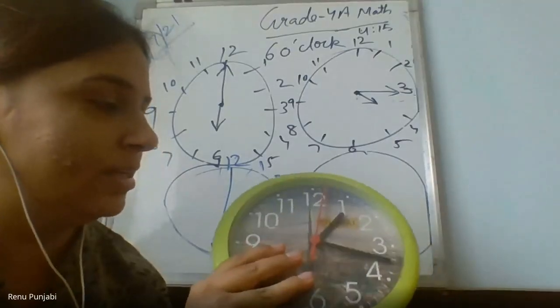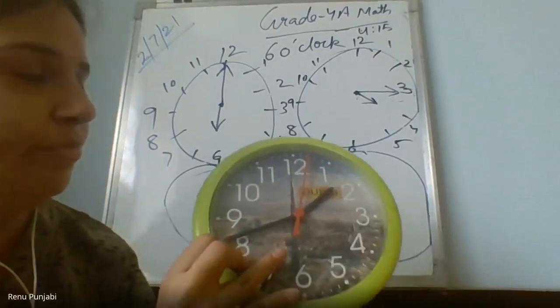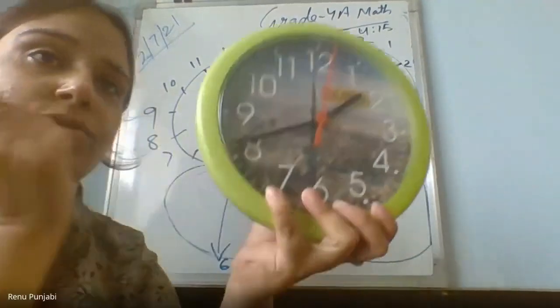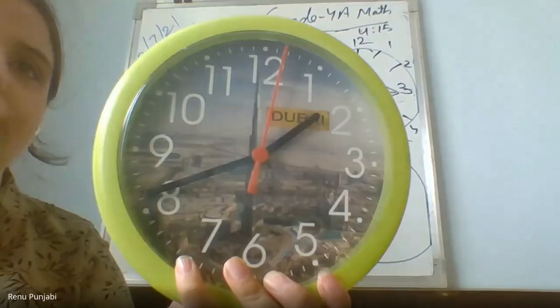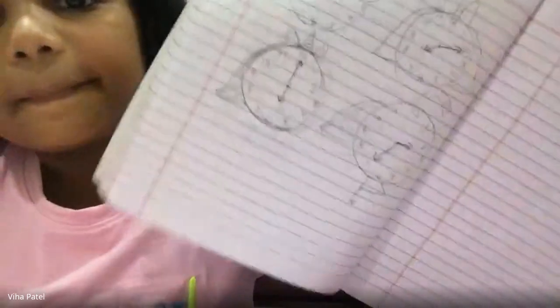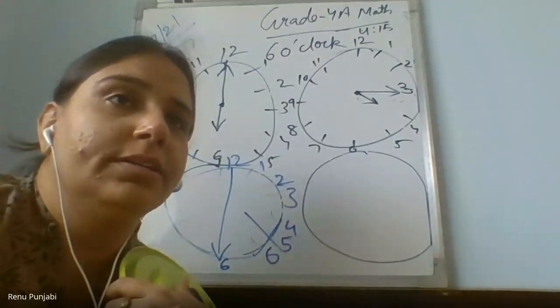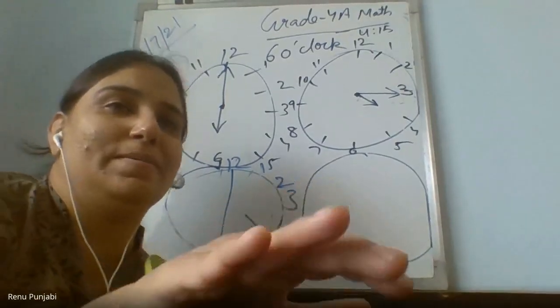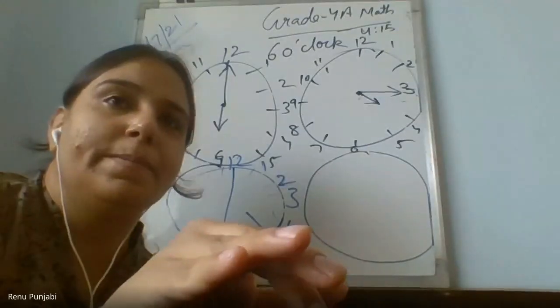Ma'am, mine is correct. As I was discussing with Hiya, 1:40 will be like this. It is coming more closer to 2. Can you check here? You have corrected? Yes, ma'am. Erase and correct. You have drawn with a pen or what? Yes, ma'am. I thought we have to draw the hands also with the pencil. Ma'am, mine is correct. Let me pin.